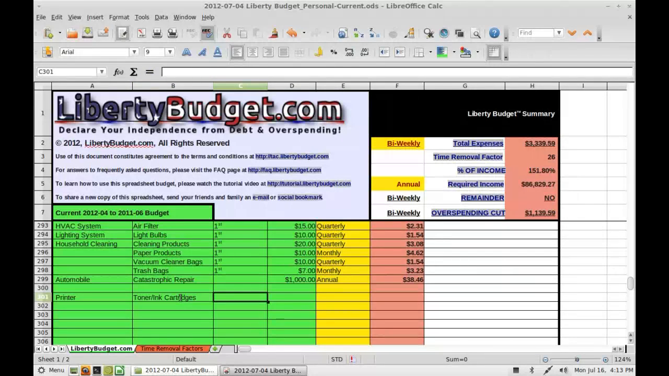You might not have any notes here. You might say it's for your HP printer, whatever. Might be your Oki printer. Maybe you need toner for your Oki and ink for your HP inkjet. So you can break it into 2 lines. Let's go. Inkjet cartridges. Here you can say toner for your Oki Data printer,